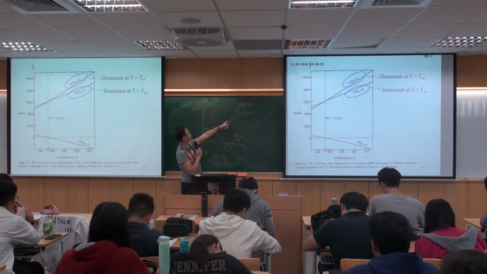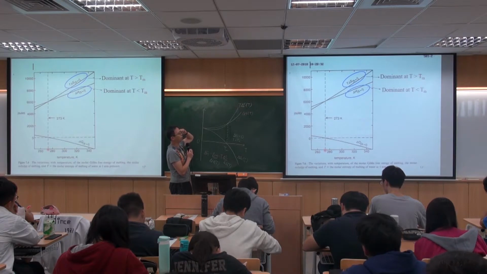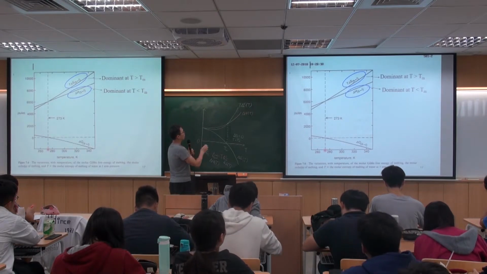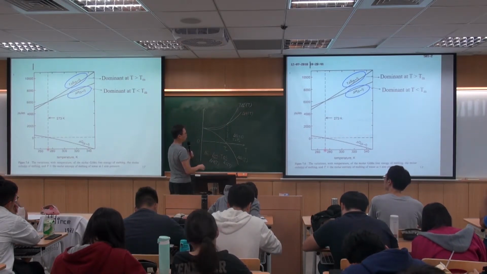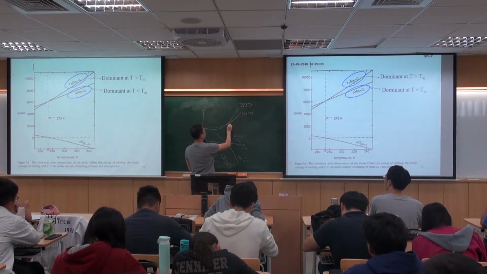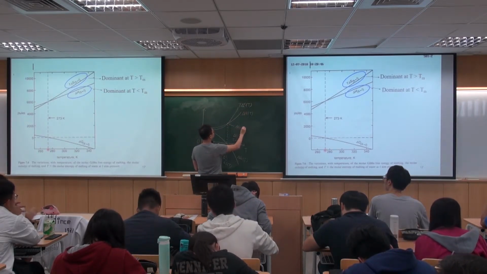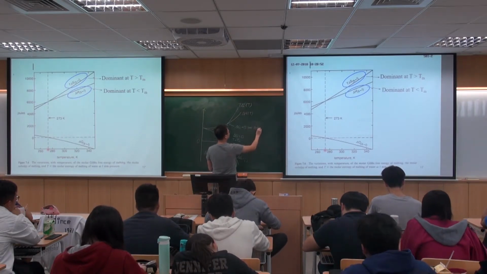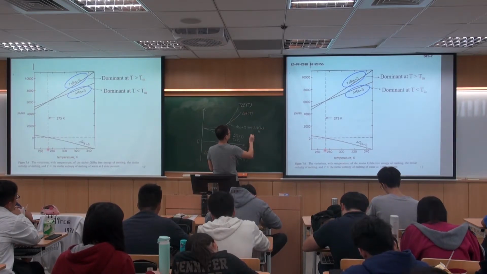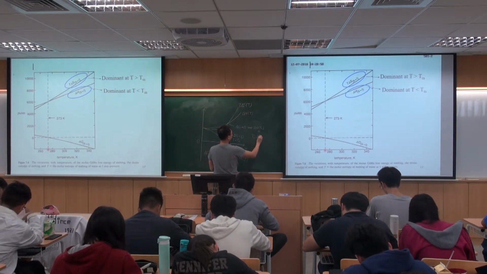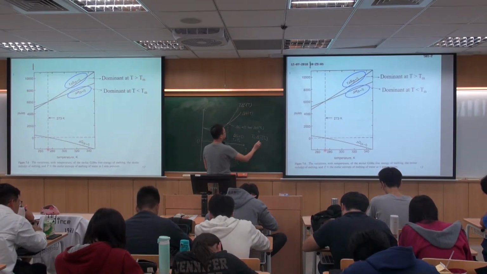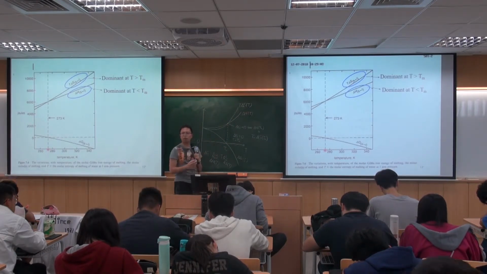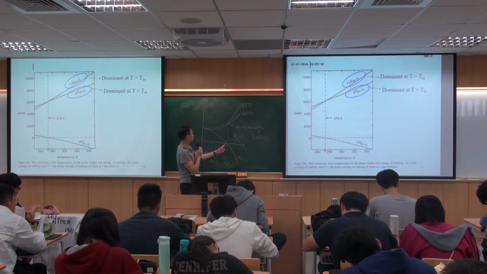I believe that this probably is not shown in your new textbook. So if you want to just add it, I think it's fine. And of course, at the melting point, we've already derived that, right? Because delta G is 0 at this point. Therefore, delta H at the melting point should be the same as Tm times delta S. Something like this. So at this point, these two curves should converge to the same point to make delta G